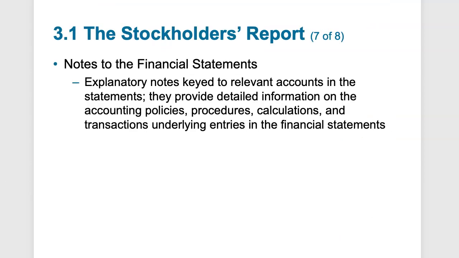Now, at the end of the stockholders report, it could be called a shareholders report, a stockholders report, or an annual report. All three of those names mean the same thing. But towards the end, there'll be notes on the financial statement. These notes are going to include key pieces of information or financial disclosures, which provide further detailed information about changes in accounting policies or procedures, how they calculated certain numbers, and different underlying entries in the financial statements that may need an explanation,